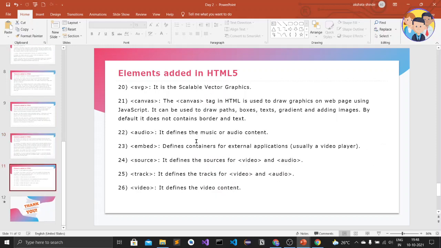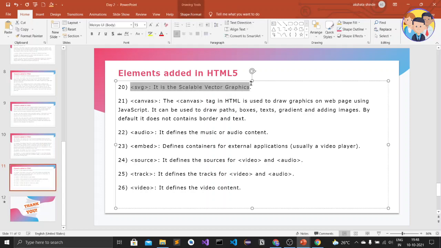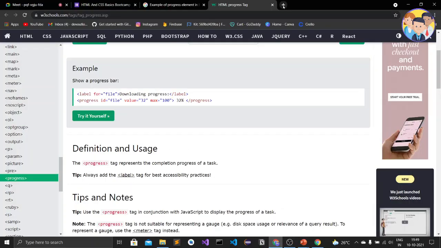So let's see the next topic, which is SVG. That is what I told you, that we can add our creative designs to our websites using SVGs. The full form of SVG is Scalable Vector Graphics. This helps us to add images, or rather our creative designs. We can use Figma to create SVGs of our choice.